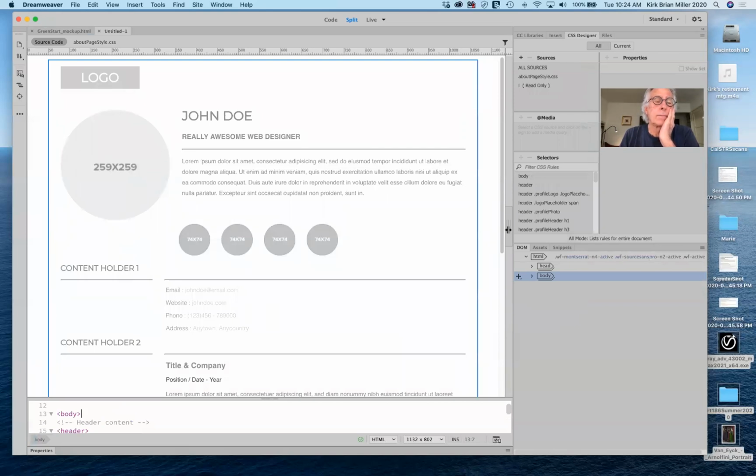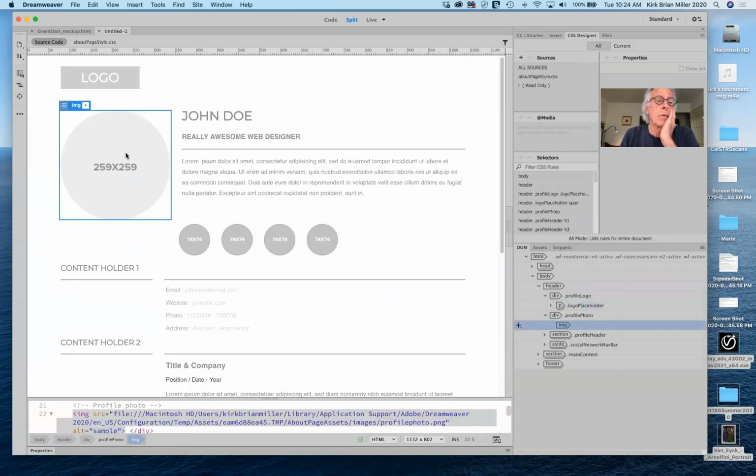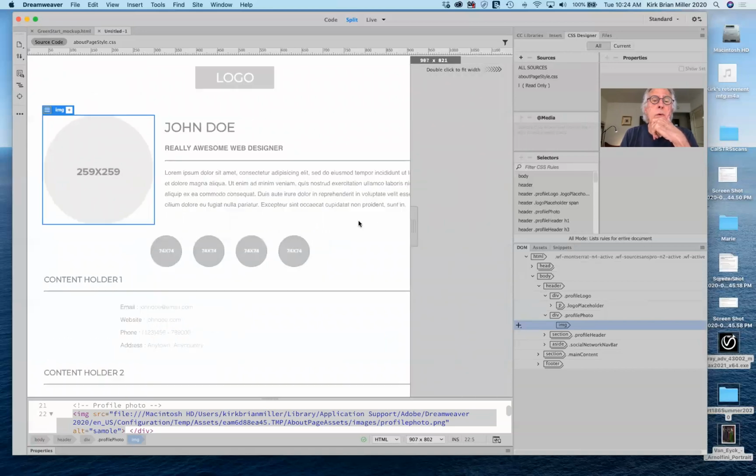So if you wanted, you could replace the logo with your own. If you want a circular image, you can, or you can change it. Through doing the lessons in the book, you'll be able to customize all of this and determine what's going on in here. If we go ahead and resize this